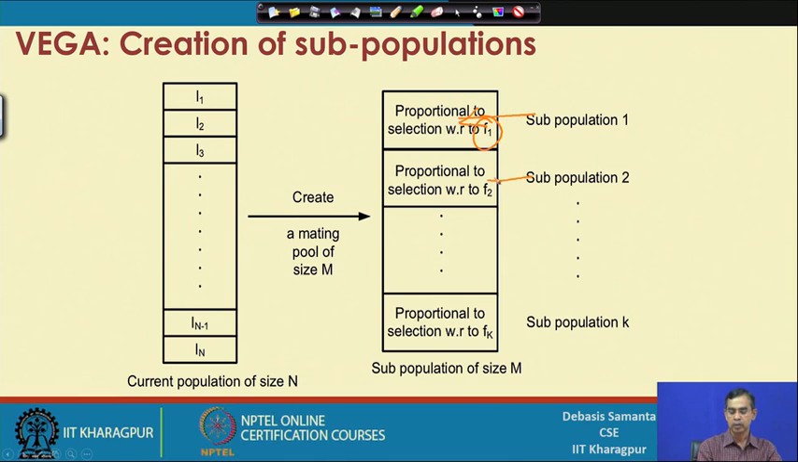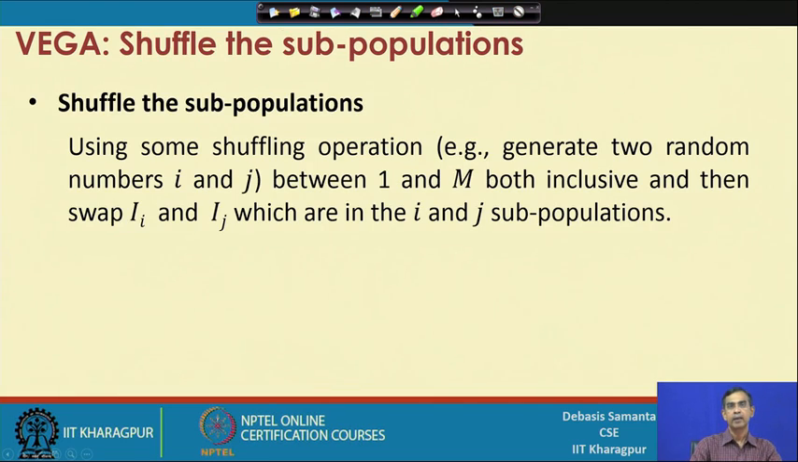So, this will continue with respect to f2 for the subpopulation 2, similarly with respect to fk for the subpopulation k. So, this way we will be able to create the subpopulation of size m, where the number of solutions belonging to a particular block is selected with respect to one particular objective function, f1 and so on. So, this is the main task, the major task that is there in VEGA, and once this subpopulation is created, then our next task is to